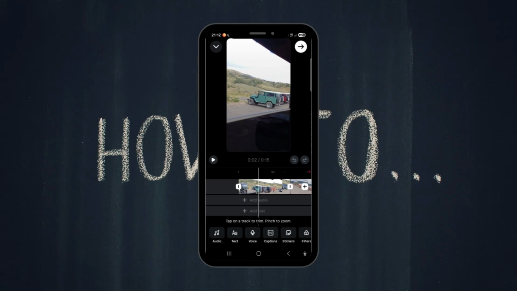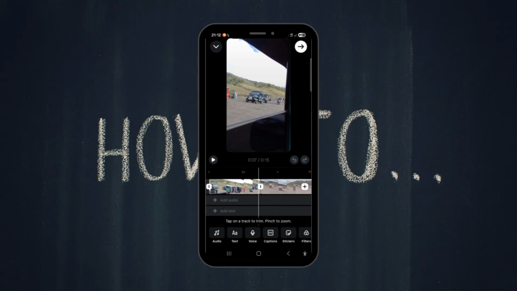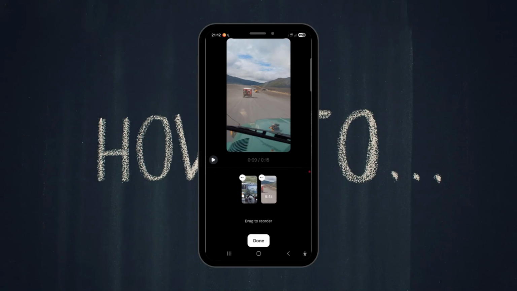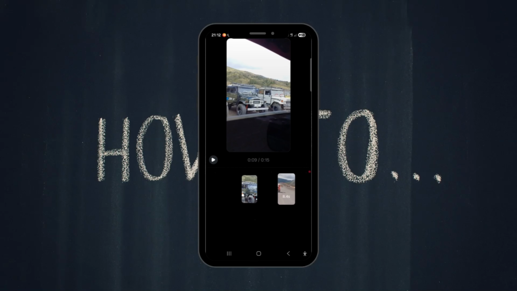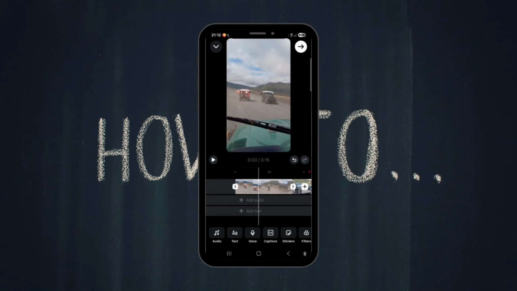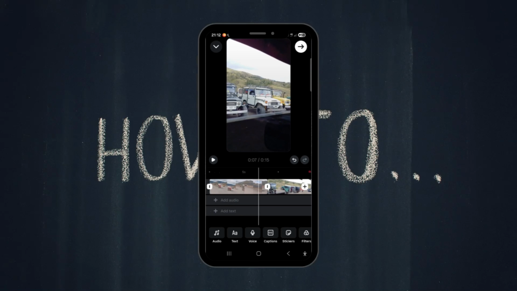Click pause so that it'll not be very confusing, and then scroll over and then click one clip and then hold it, and then on the bottom click the reorder. So here you can swipe it to the left and then the same thing, swipe to right, and do it all over again. So if we are done, as you can see, it switched the order, and then you can